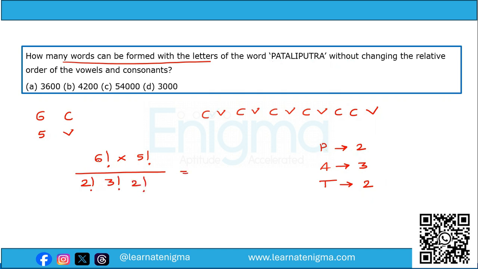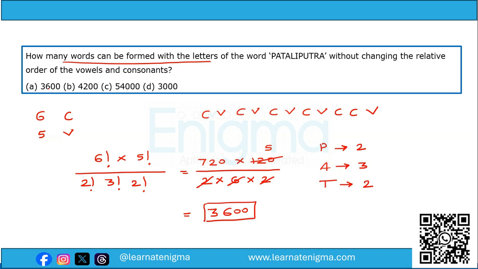So therefore, let's solve this. 6 factorial, that is 720. 5 factorial, that is 120, divided by 2 into 6 into 2. So the denominator is 24. 24 5s are 120. So therefore, answer comes out as 3600. That is option